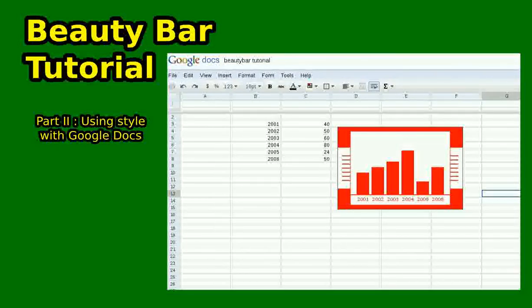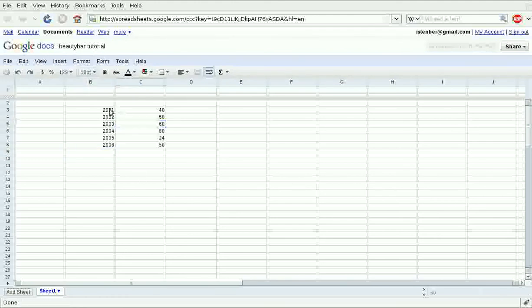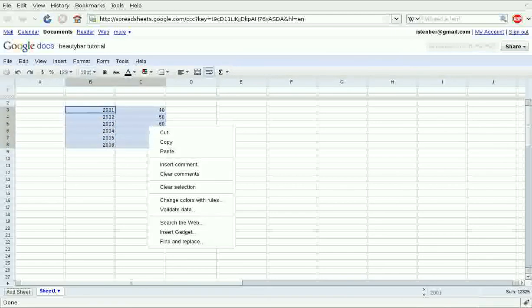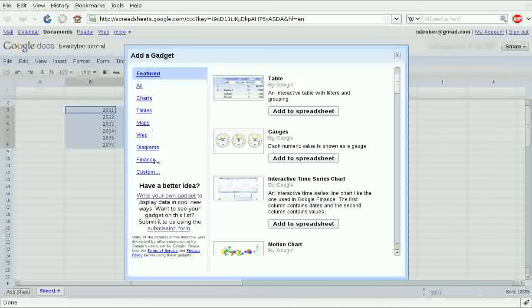Now the second part: how to use this just created style from Google Docs or Google Spreadsheet. So we have this spreadsheet here, Google Docs, and we have some data here, some years and some numbers. First we choose some data there, and then choose insert gadget to use this style.